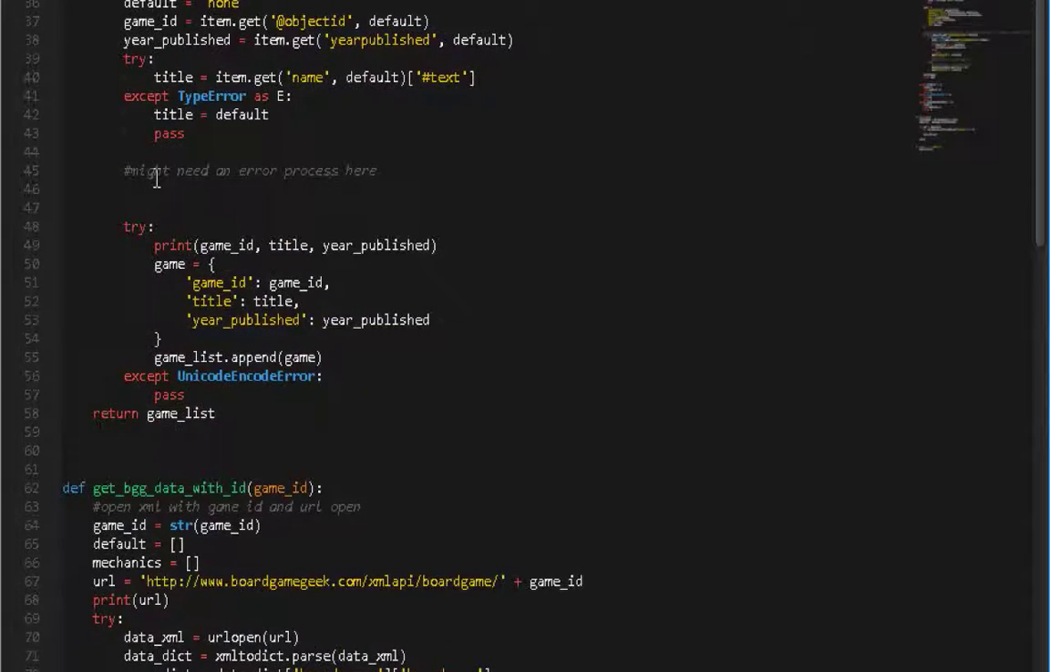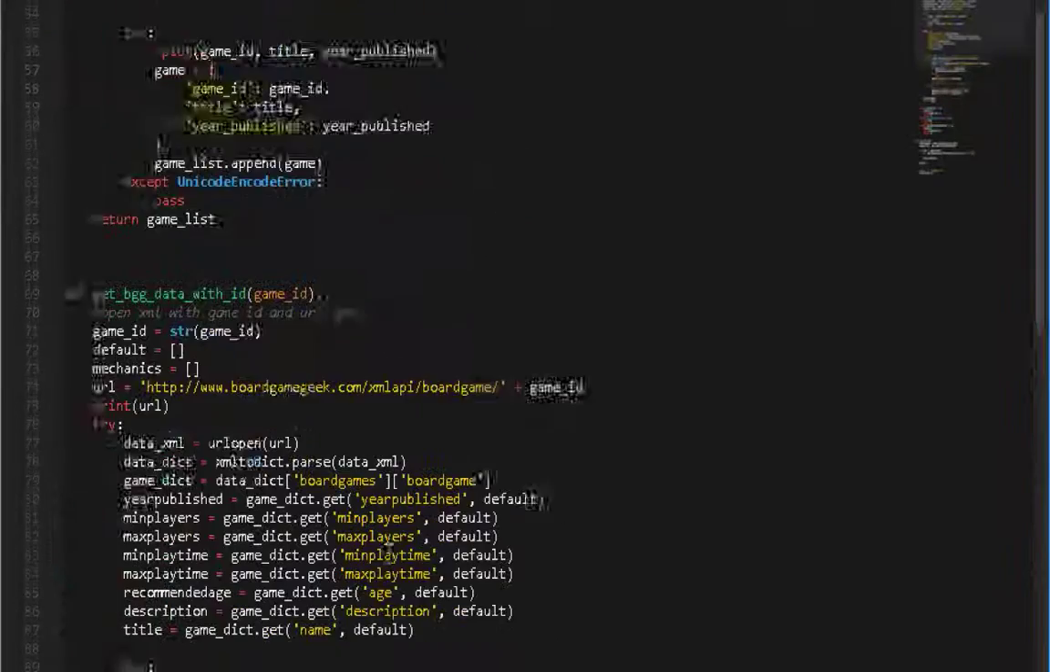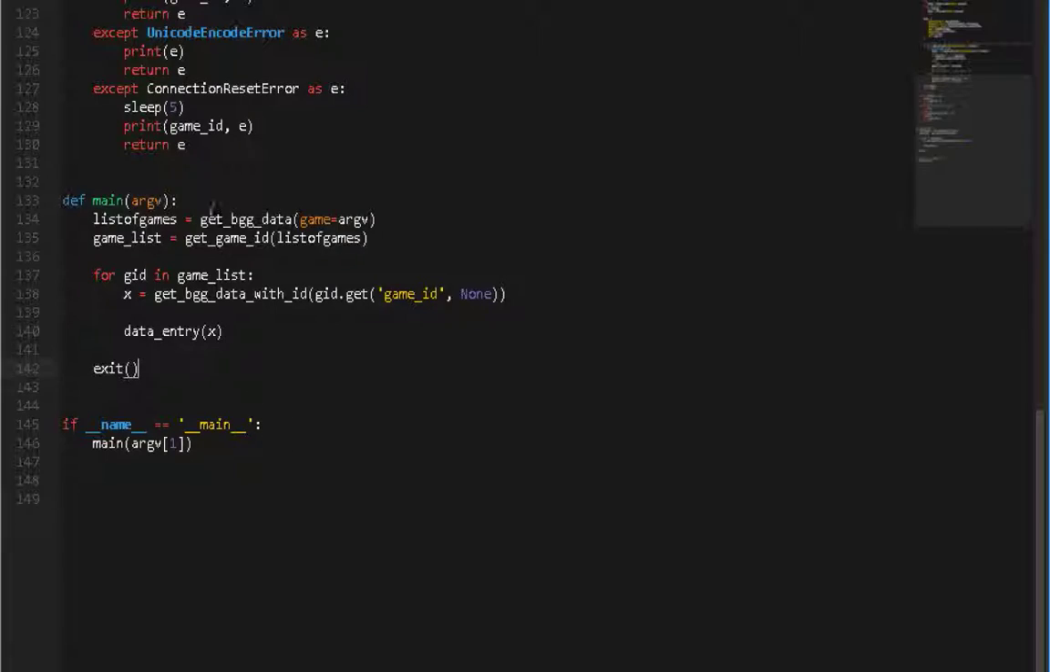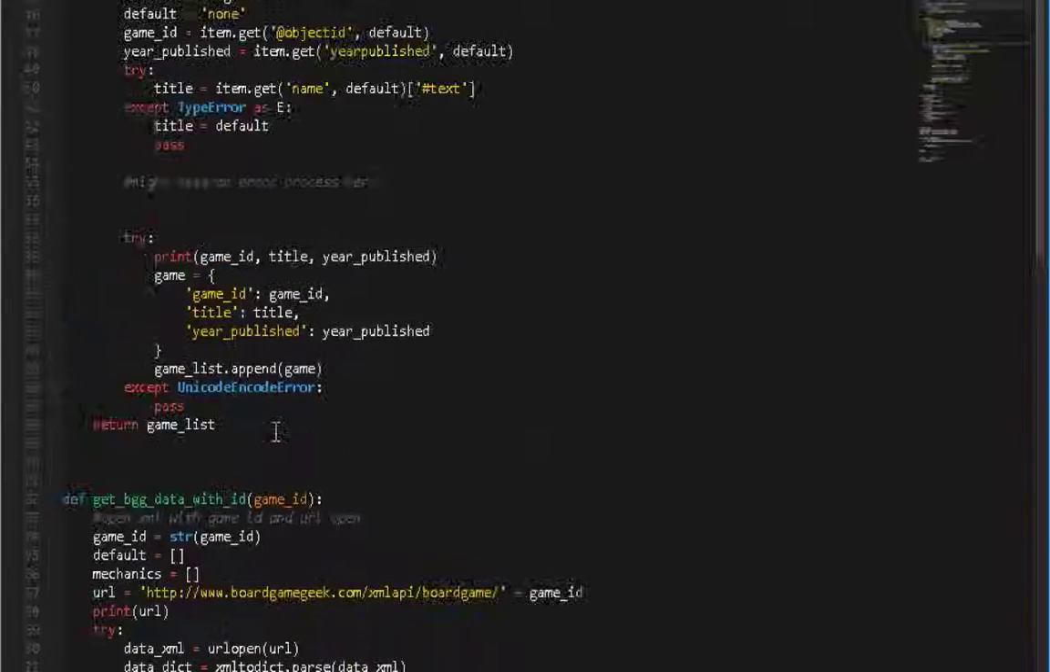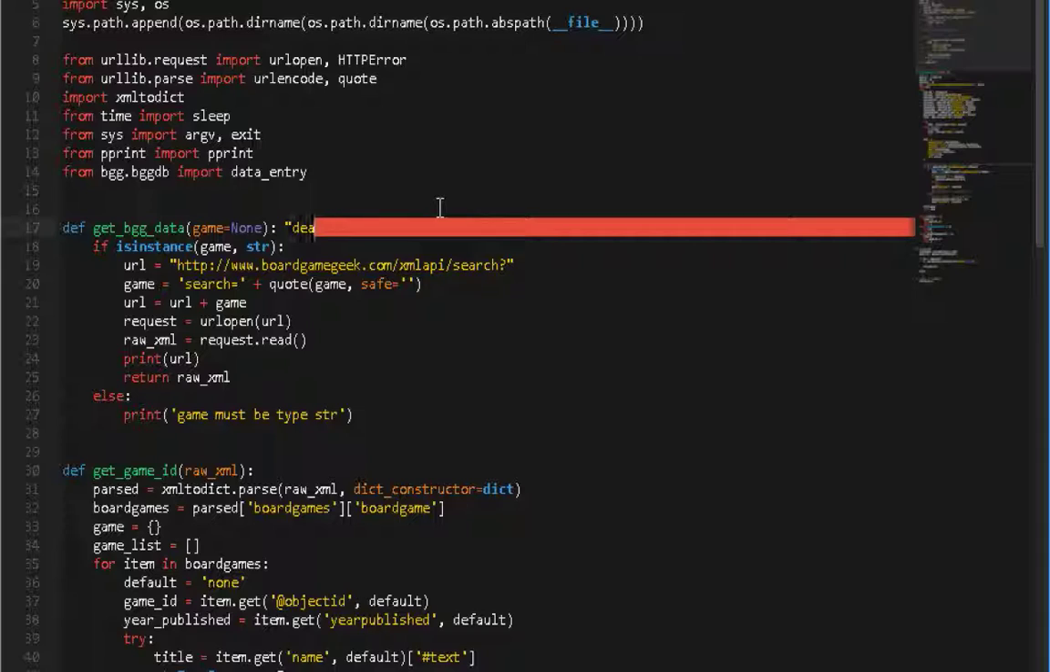So let's describe what actually happens. Get Board Game Geek data, game equals none. So this is the first thing that runs. Get Board Game Geek data, game. So you give it a game, which is a string. A string is in quotes like this. Like that. So you would pass that into the function, and then this program says isinstance. That means I'm trying to see what type this is. If what is passed is a string,